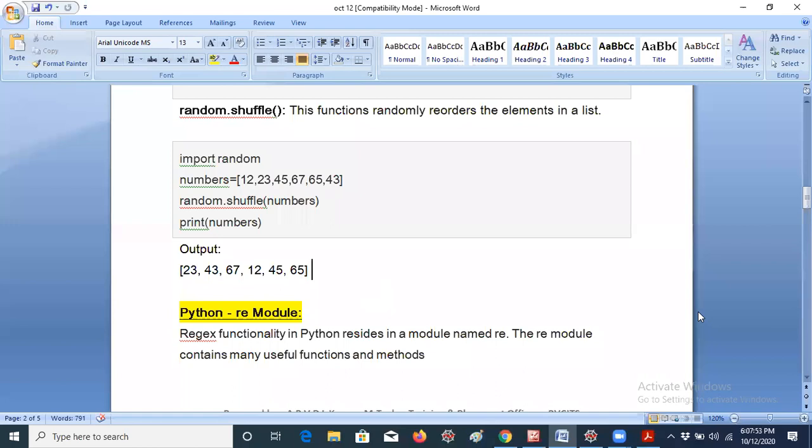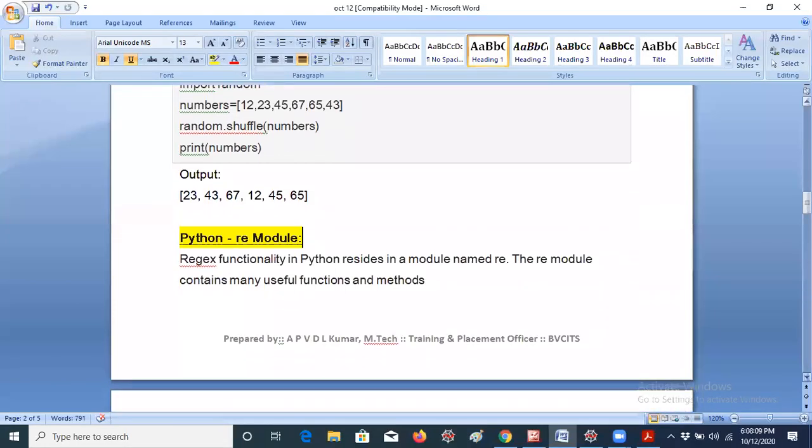I would like to discuss only one more module, after that I will end the class. That is the Python re module. What is the re module? Of course it is very lengthy actually, but I would like to discuss this module, guys, because after 2 or 3 years definitely you will be in a good position. You are in the second year right now, and if there are third years and finalists who are going to move to software companies for project work, this will help a lot, I think. That's the reason I would like to discuss the re module.